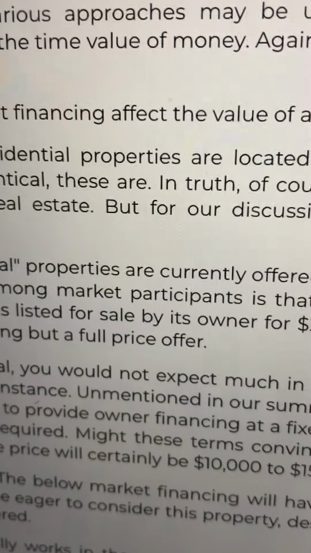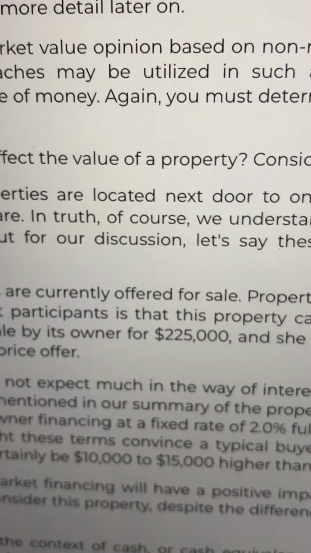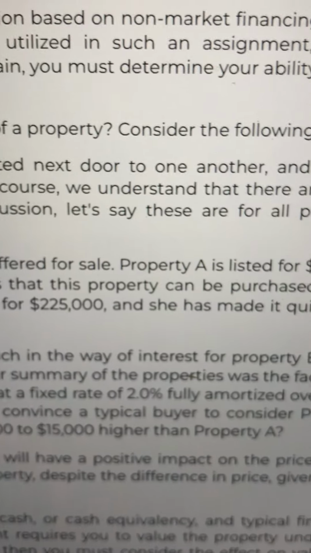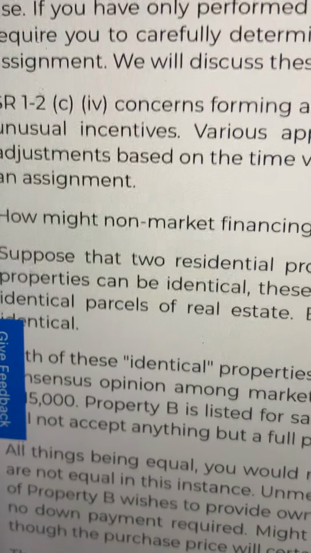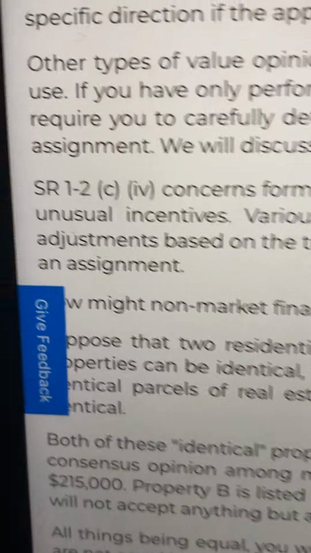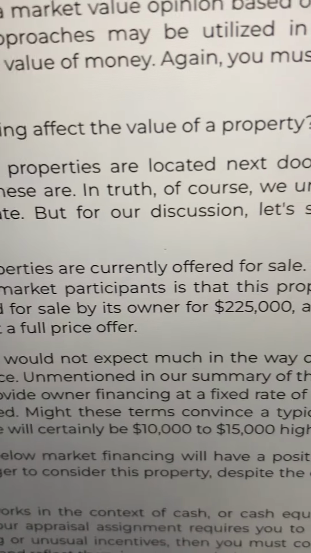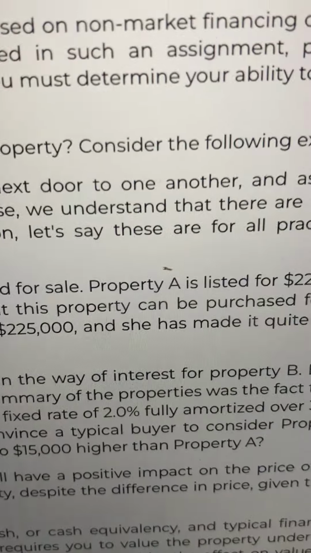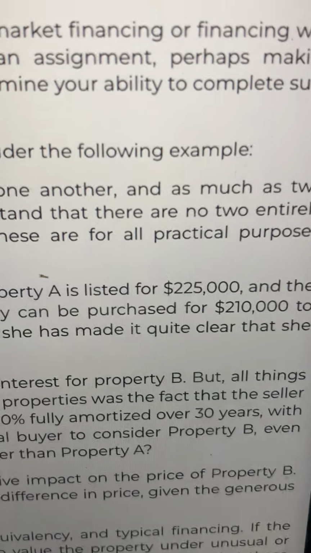But for our discussion, let's say these are, for all practical purposes, identical. Both of these identical properties are currently offered for sale. Property A is listed for $225,000, and the